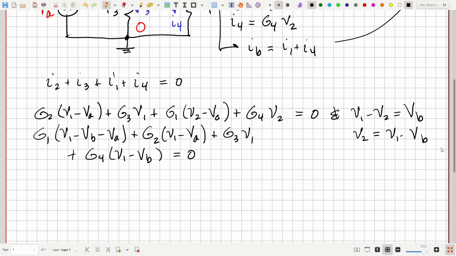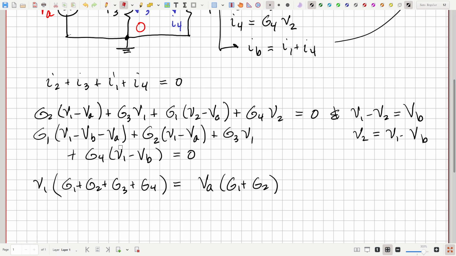Okay, so let's see. We could put all the V1 terms together over here on the left. And so we have G1, G2, G3, and G4 times V1. So G1 plus G2 plus G3 plus G4. And all of the other terms which have the source values. Let's see, here's a minus VA G1. Here's a minus VA G2. Put them on the other side, it becomes plus VA times (G1 plus G2). And down here, we've got minus VB G1, and here's a minus VB G4. Put them on the other side, it becomes plus VB times